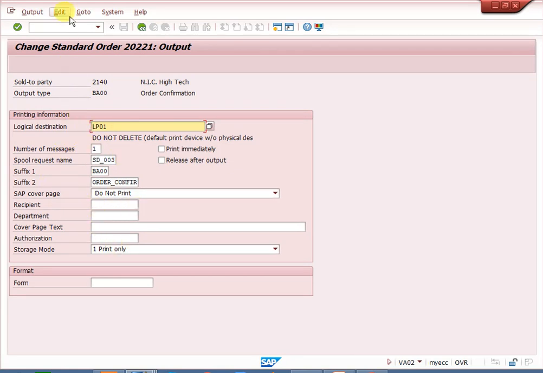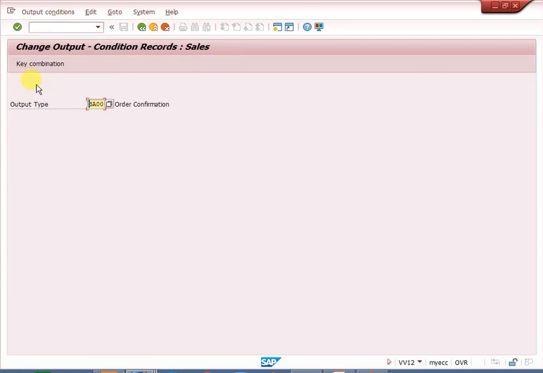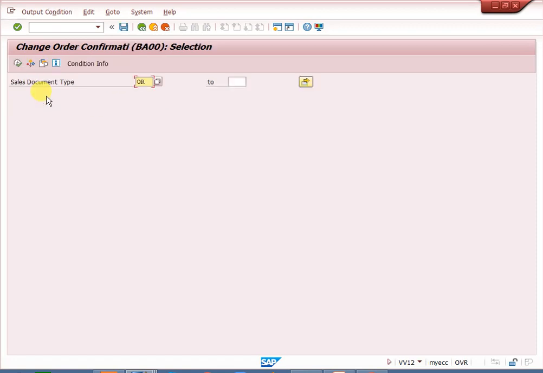I maintain condition records in VV11, 12, 13: 11 is create, 12 is change, 13 is display. I already created it, so I will show you in change mode. The key combination it will ask is order; I have taken one key combination only.